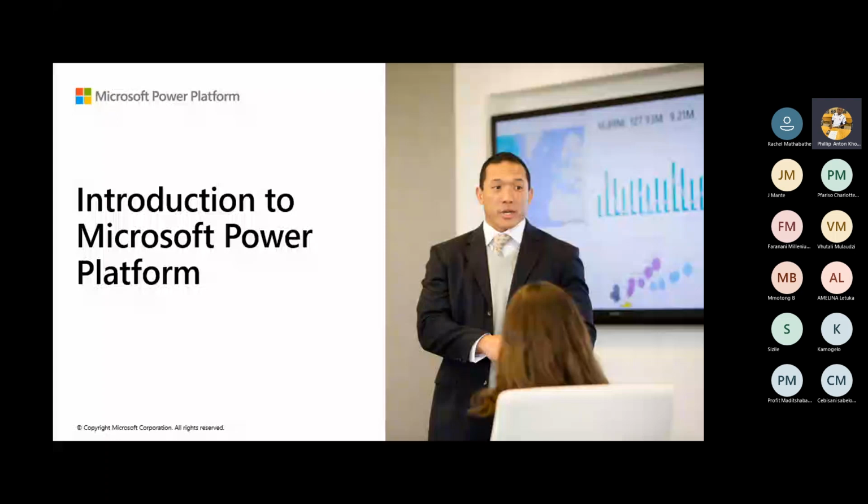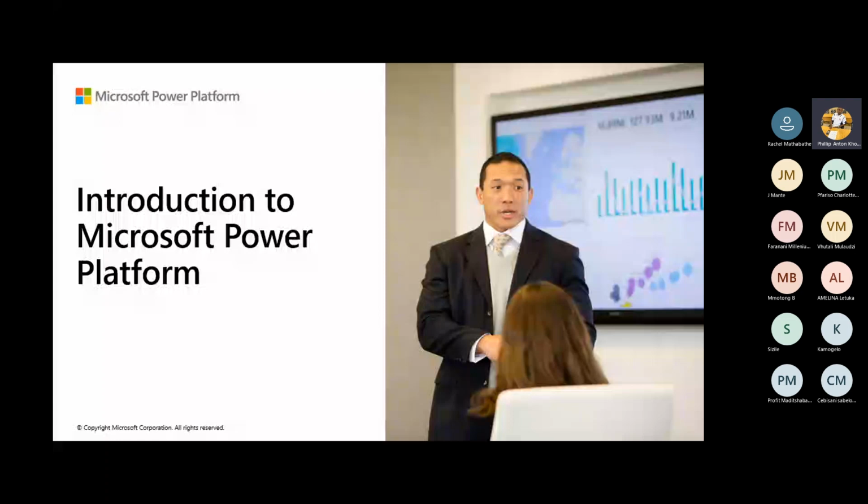We will be looking at how to connect data, how to look at AI Builder, and where to store that data, which is Microsoft Dataverse, previously known as Common Data Service. And then also, if you want your applications to be exposed to the public, we would be using what we call